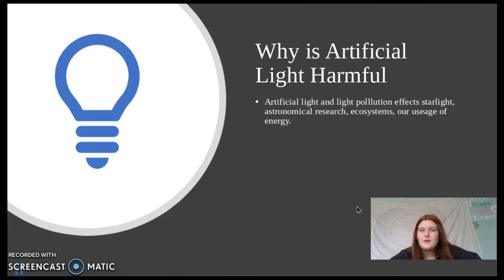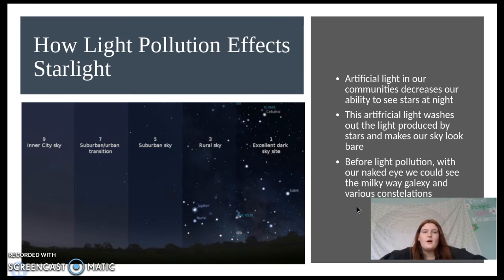And then why is artificial light harmful? It affects starlight, astronomical research, ecosystems, and our usage of energy. Light pollution affects starlight by decreasing our ability to see stars at night. This artificial light washes out the light produced by these stars, which makes the sky look like we don't have very many stars. Before light pollution, with our naked eye, we could even see the Milky Way galaxy and